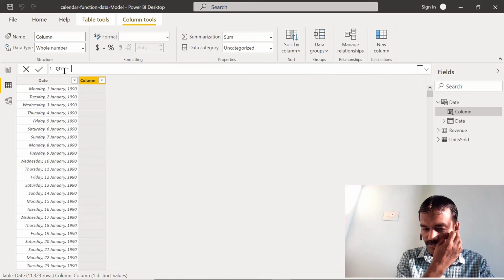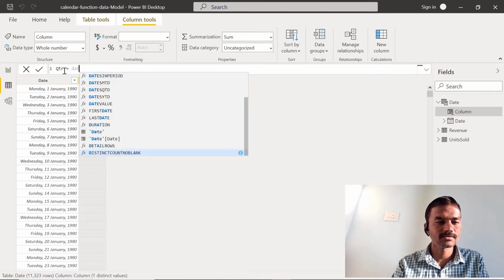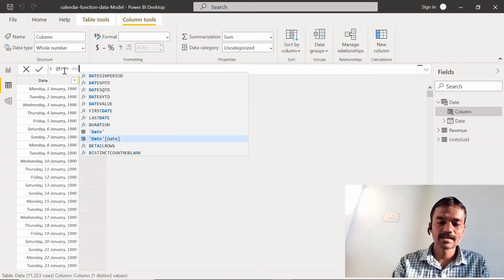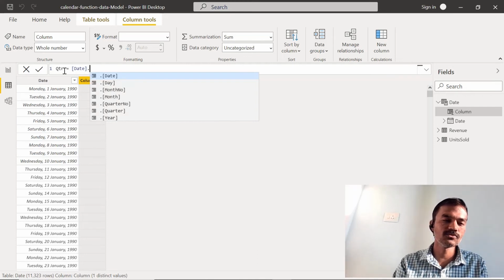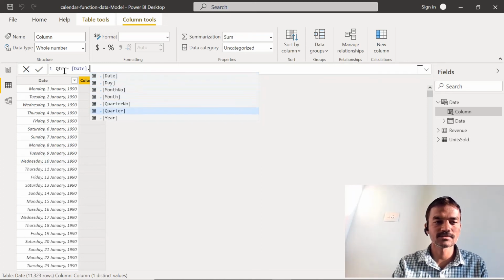Now when we type date, you can see our date column showing up here. We can take this directly, or there is another way. Just give a square bracket and it will show the columns which are available, and then give a dot. This is very useful because most of the time we don't remember all these functions, so Power BI suggests all of these. Just click on this and select year, quarter from this.